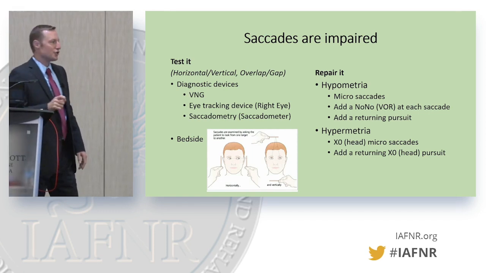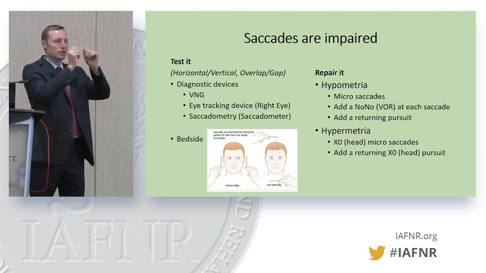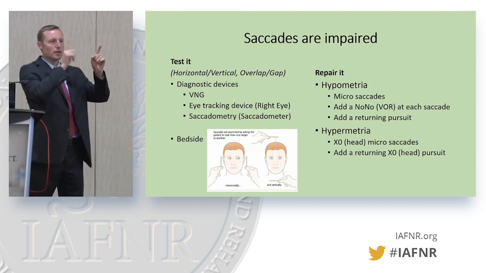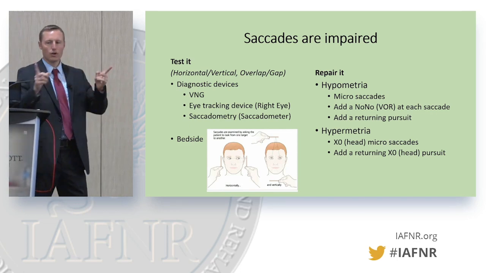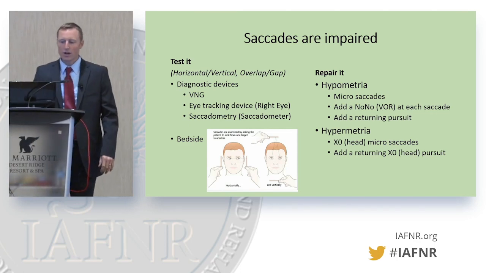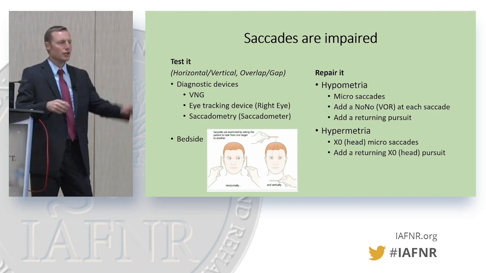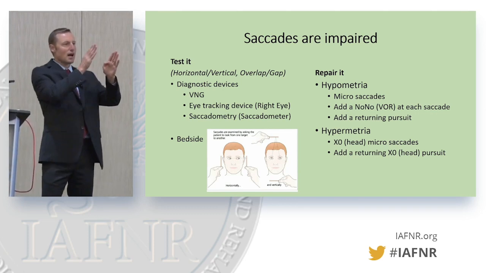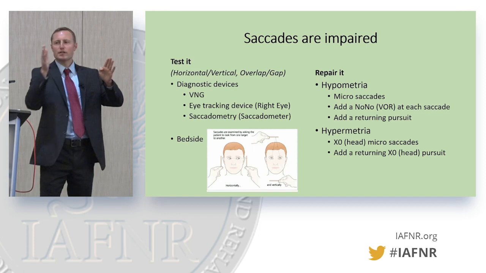An effective strategy is to do micro saccades, so small saccades, and that can help improve the accuracy of the longer one. You can also add a vestibular ocular reflex component to that. You can make your target stop each time long enough to do a no-no strategy. So if you're hypometric to the right,